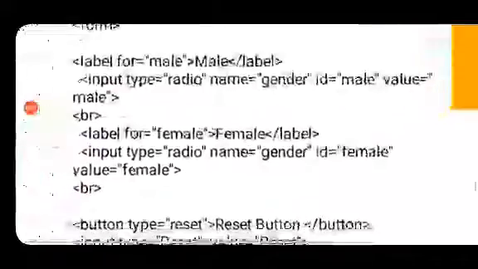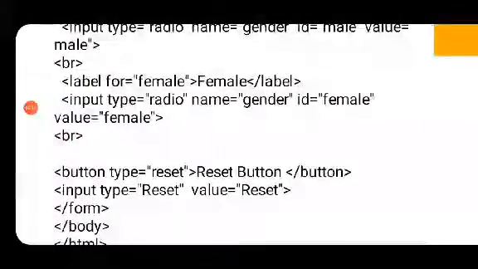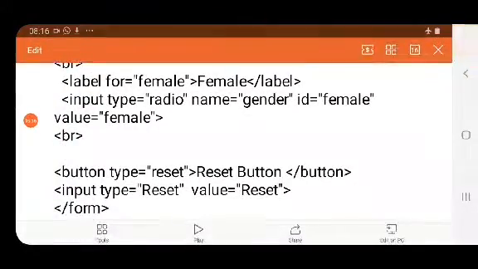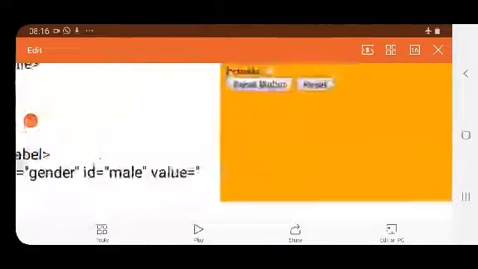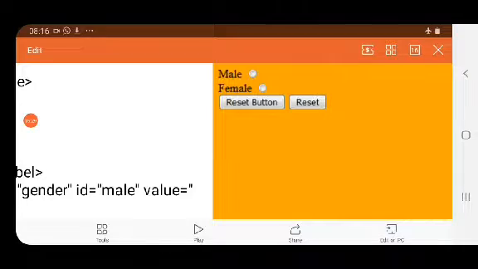With the button tag we have got reset button since we have written reset button, and since in the input tag we have written value equal to reset, that's why that button has reset written on it. I hope this is clear to all of you. So this button is created with the button tag and this button is created with the input tag.